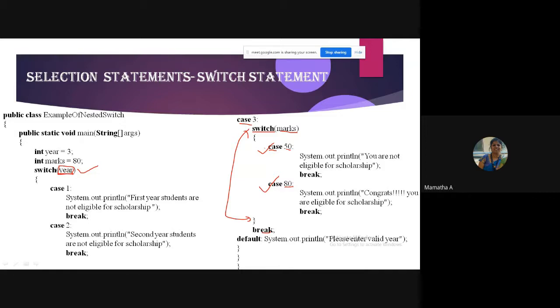What is your outer switch corresponding to? Year of graduation? Why are we bothered about year of graduation? Scholarship? No. My question is: colleges.